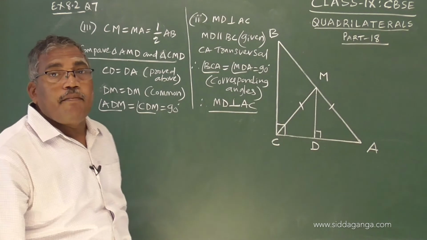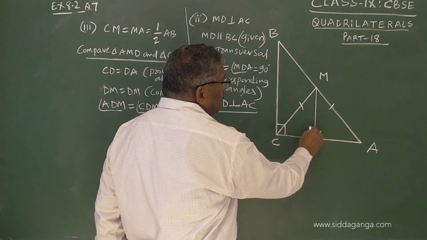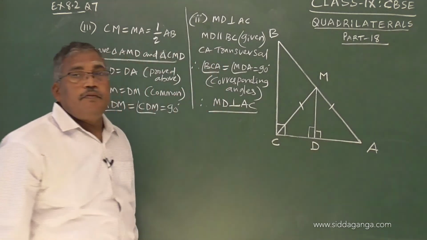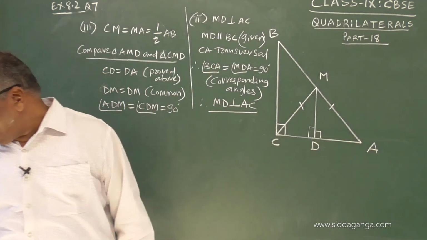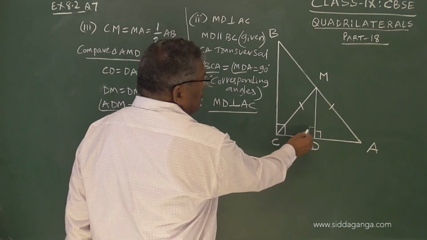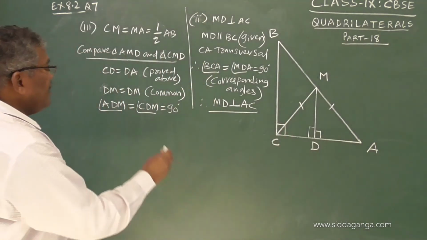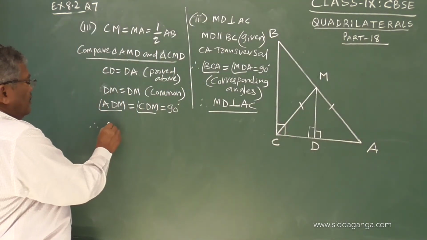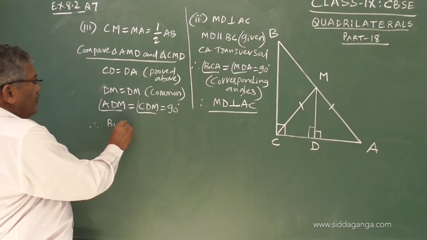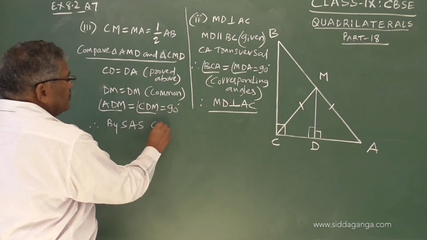They are equal. When this is 90 degrees, these two are linear pair. Therefore, this is also 90 degrees. So therefore, side angle side. So therefore, by SAS congruence,